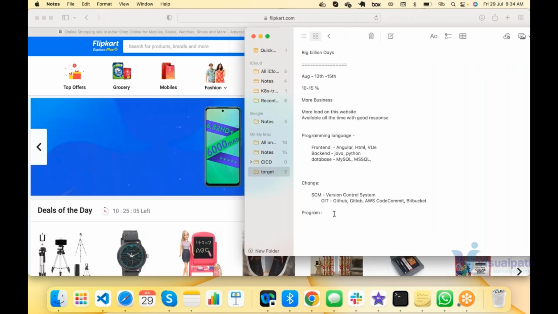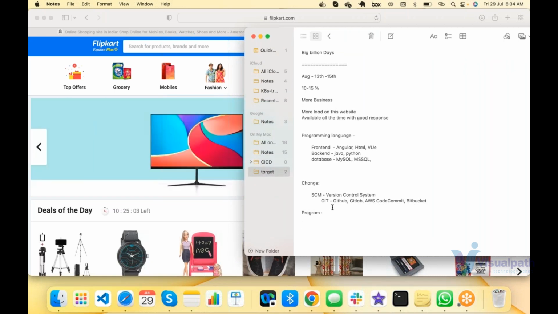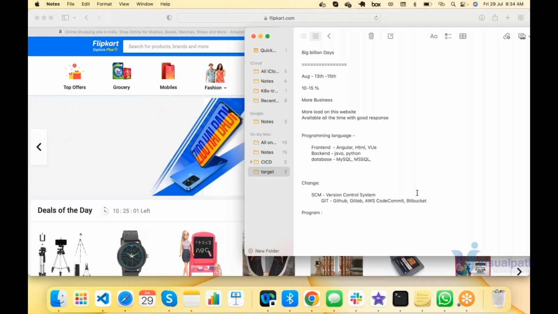Whenever any developer writes the code and commits to any of the Git repositories, again the change management will happen. And then next,